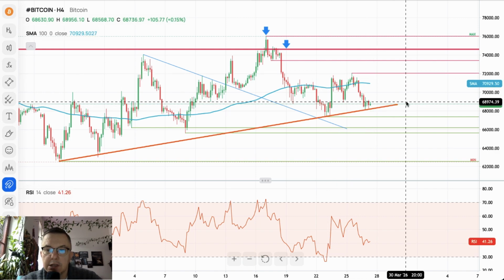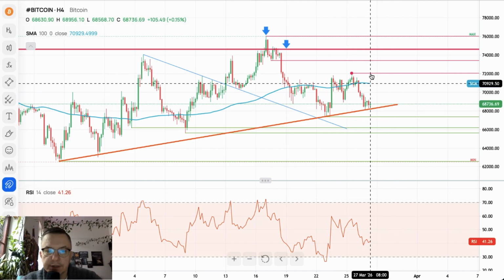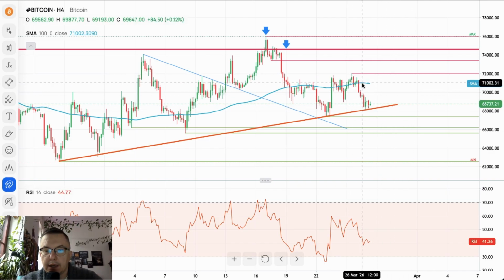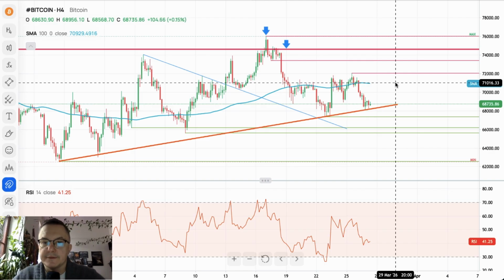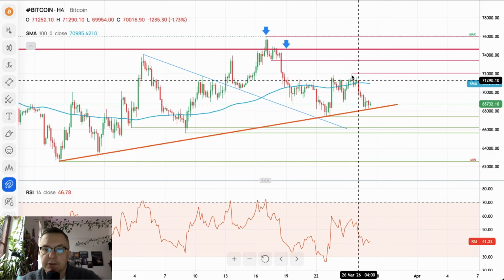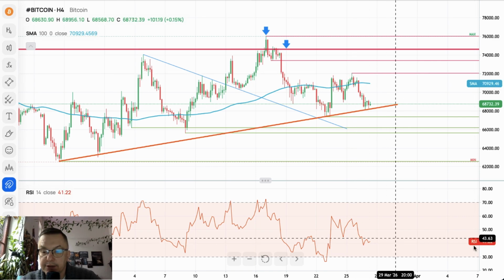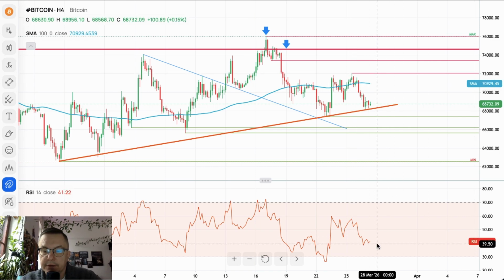We are currently locked inside of this very narrow range, and technical objects like the trend line and moving average are working right now. So the market is technical, and it looks like we might see some sort of movement to the upside quite soon if this trend line holds the bearish pressure. Next target, it's obviously the weekly high, $72,026, but the momentum doesn't actually help this scenario.